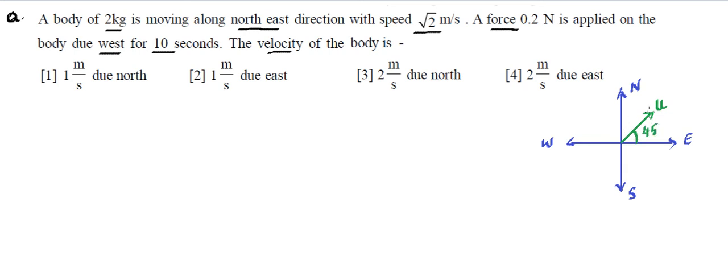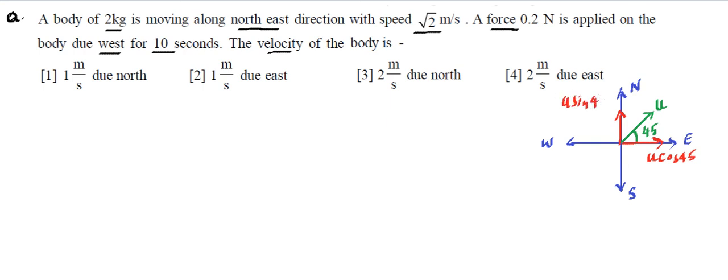So we can make two components of this given velocity, one in the direction of x, because we know a vector can be resolved into two components. One component will be in this direction, that means the x component of velocity, and we can have another component in this direction which we can say is towards north. So that will be another component. Making sense? And we know this component is going to be u cos 45, and that's going to be u sin 45.